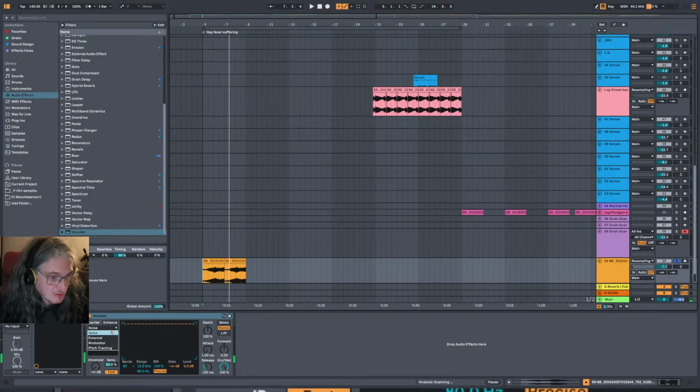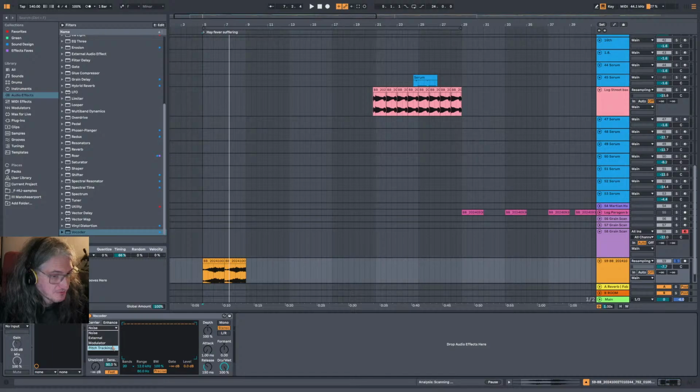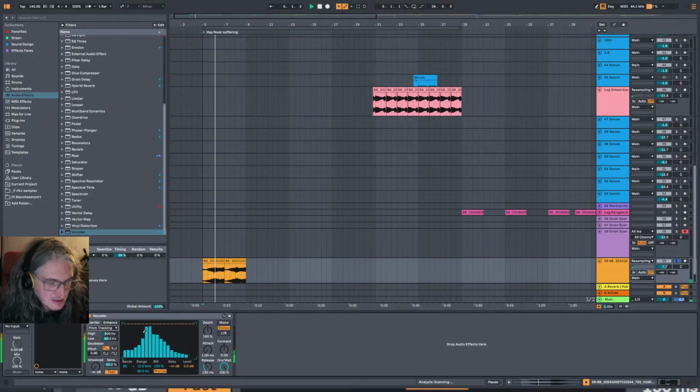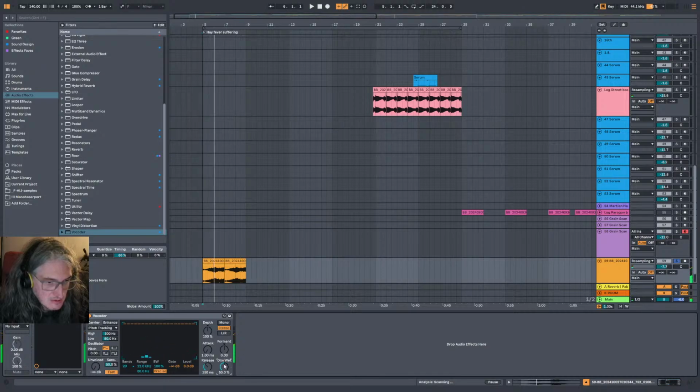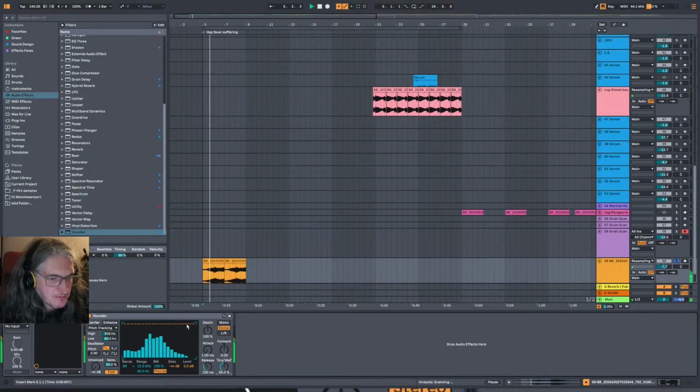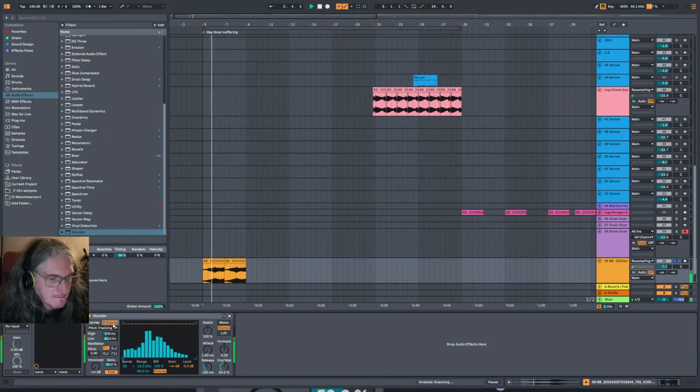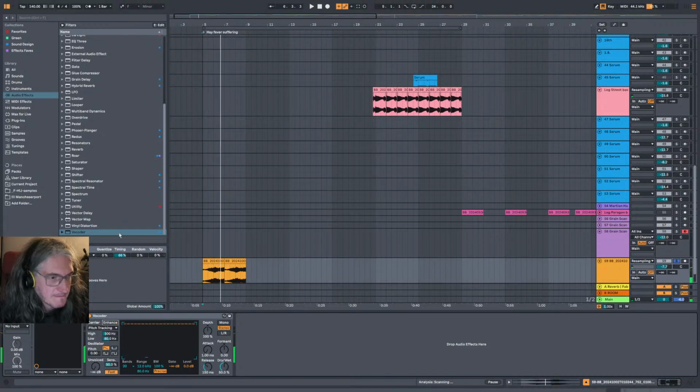How do you control the pitch? Oh, there it is. So. Yeah, and then we can put my favourite reverb on,